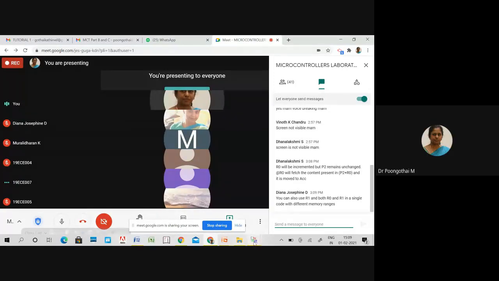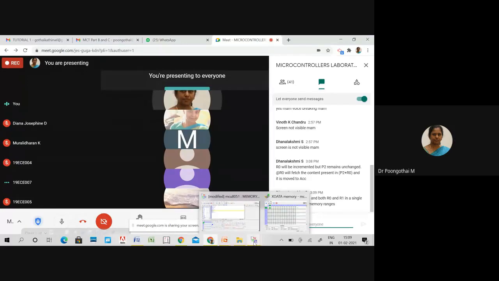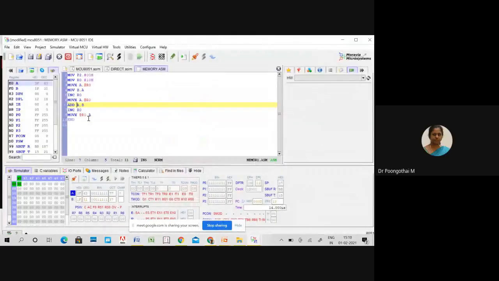See, your data should be transferred from source to destination, not destination to source. So look at the instruction. Suppose if you incorporate MOVX A, @R0, whatever data is available at 0012 is transferred to the accumulator. So what is the objective here? We have to store the accumulator content. So increment R0 and transfer this accumulator content to @R0.